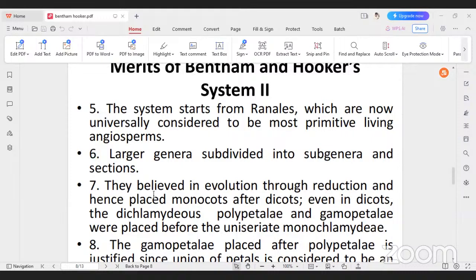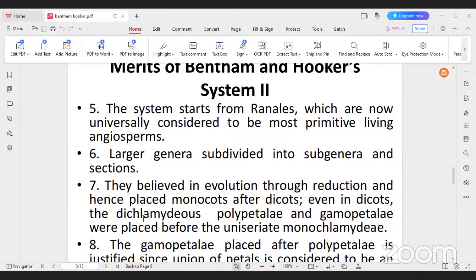They believed in evolution through reduction and hence placed the monocots after dicots. According to them, evolution is from complex to simple, so the plants with fewer parts are considered advanced. That's why they placed the monocots after dicots: first dicots, later monocots. Even in dicots, Dichlamydeae, Polypetalae, means